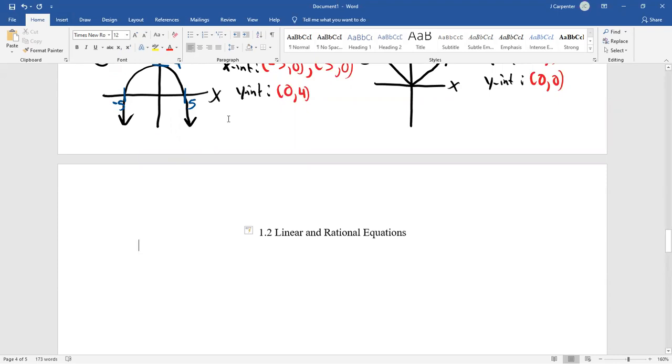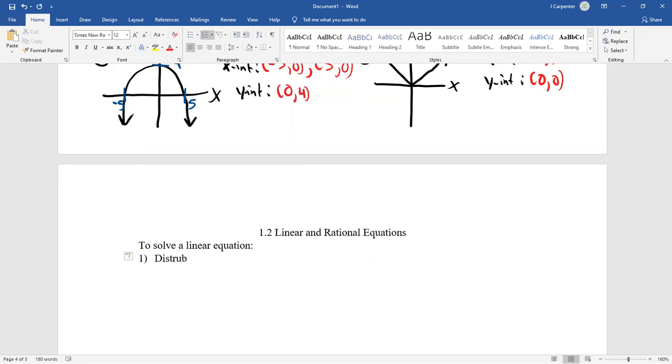So section 1.2, linear and rational equations. Two things that we're going to do over and over in this course: solving equations and graphing equations. We already lightly introduced the graphing. Let's lightly introduce the solving of equations, most of which you should have already dealt with extensively, but reminders. So to solve a linear equation, first step,